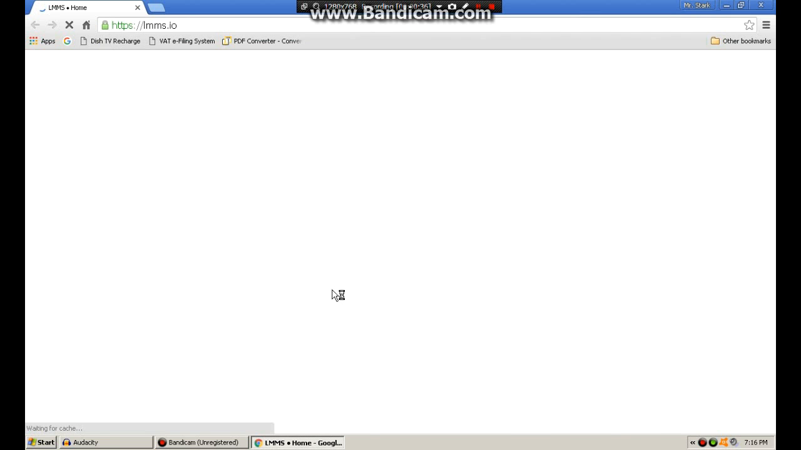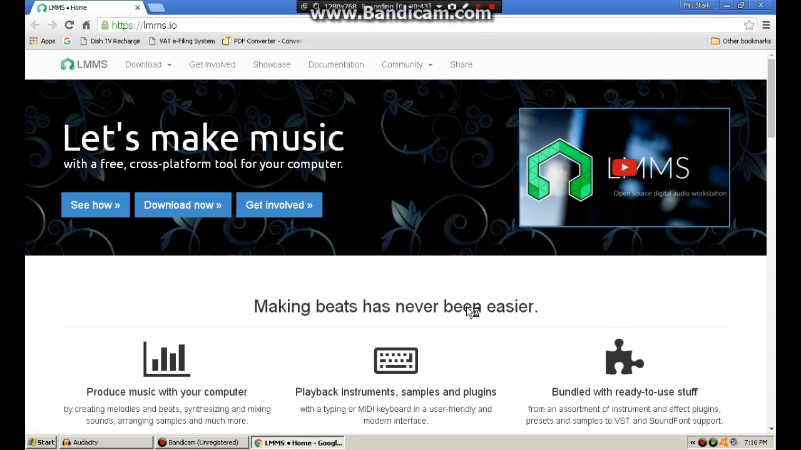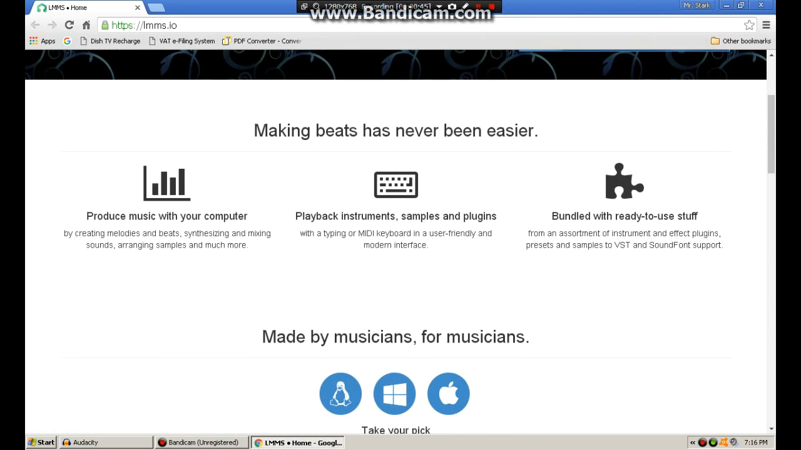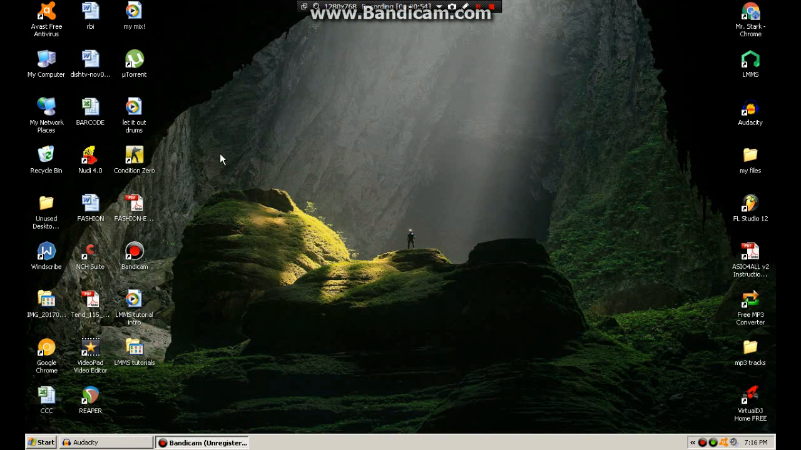On LMMS.io, there's a video on the right you can watch. It might give you inspiration. Next, choose your OS and click download. After you get the software, an icon will appear on your desktop. So open it